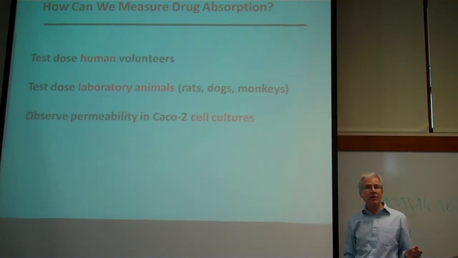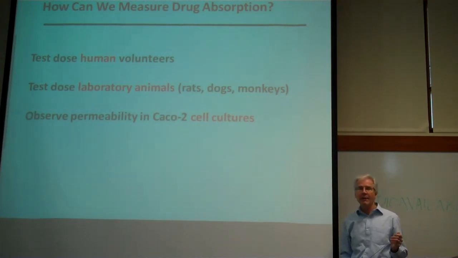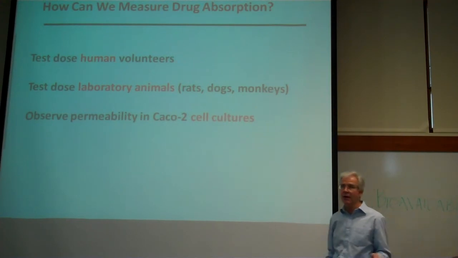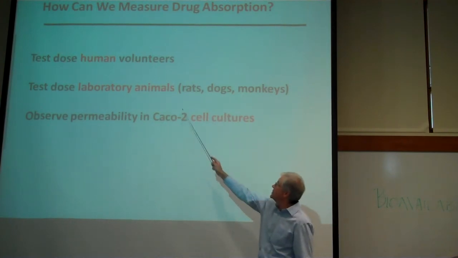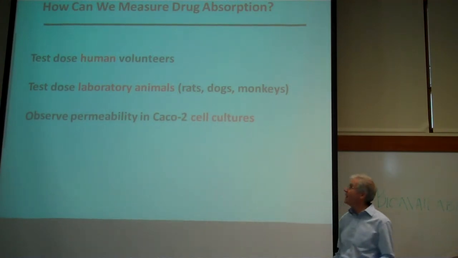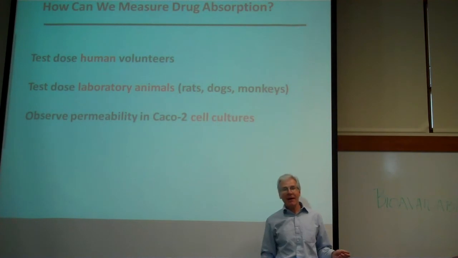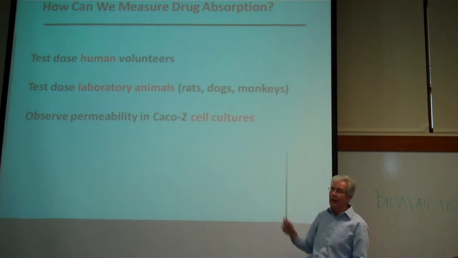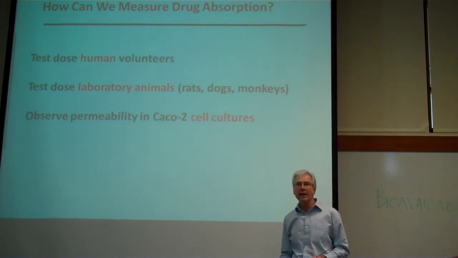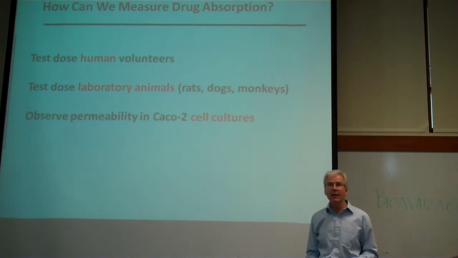The problem with this, even though it's very direct, is there can be ethical considerations and obstacles involved if we're talking about a poorly characterized experimental drug, especially if the toxicity is not well known. An alternative is to administer test doses to laboratory animals, rats, dogs, and monkeys, for example. The problem with this is that these animals are obviously not human, and you tend to need to measure rats and dogs and monkeys in order to accurately predict what the human drug absorption is going to be. This is very wasteful of drug material and very wasteful of animals, so there's some moral considerations in terms of